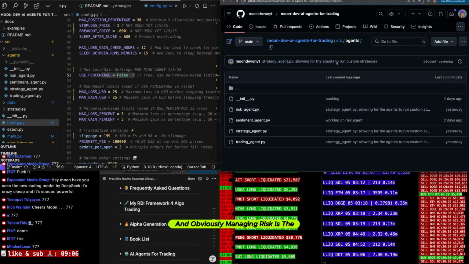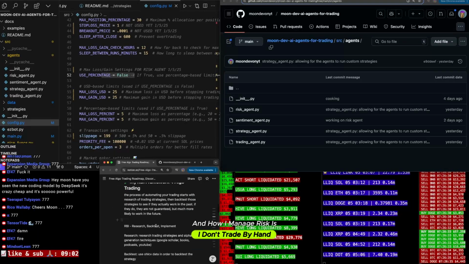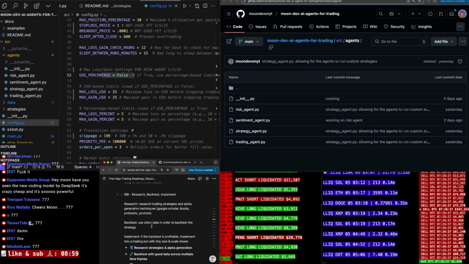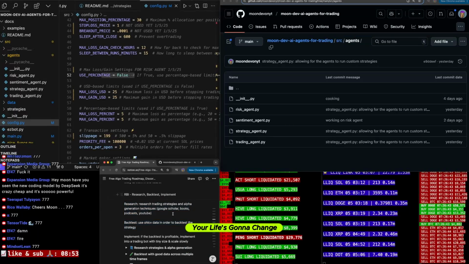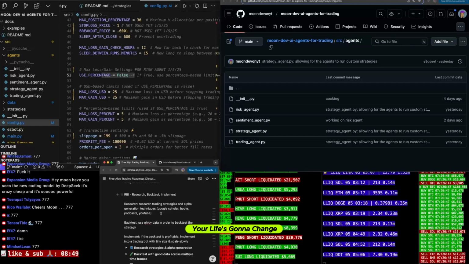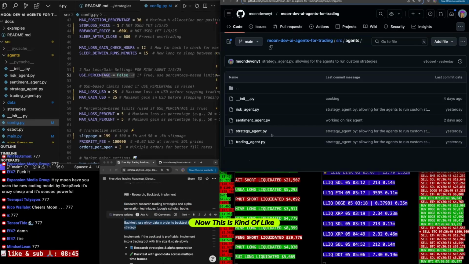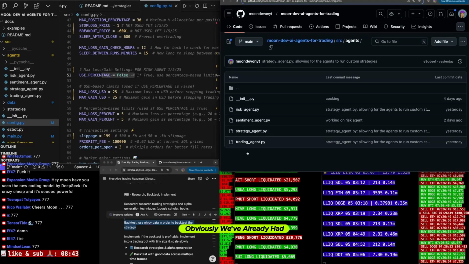And obviously, managing risk is the most important part. And how I manage risk is I don't trade by hand. First off, once you make that change in your life, dude, your life's going to change. If you're a hand trader stressed out, looking at those charts all day, your life's going to change. Spend your time researching and backtesting. Now, this is kind of like a backtest I'm setting up. Obviously, we've already had,